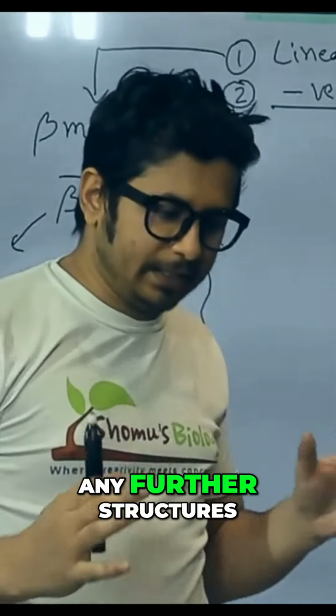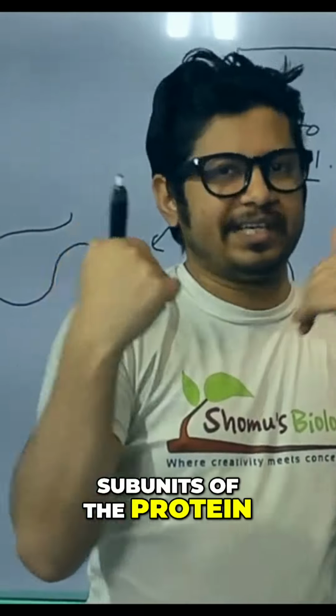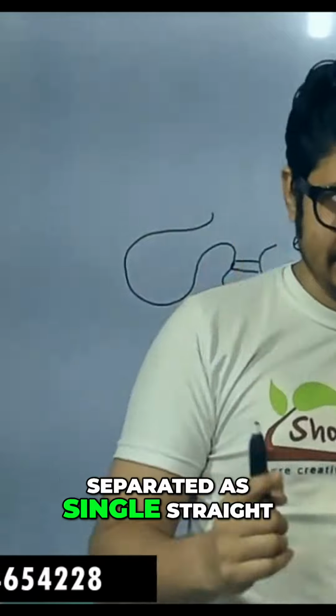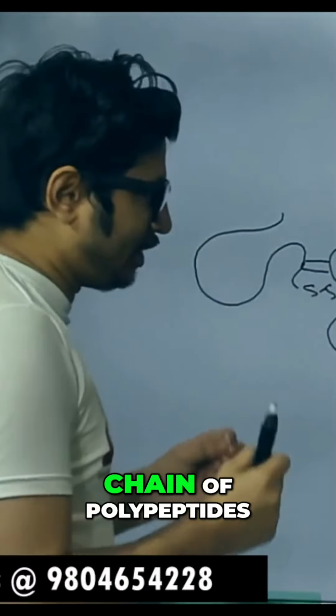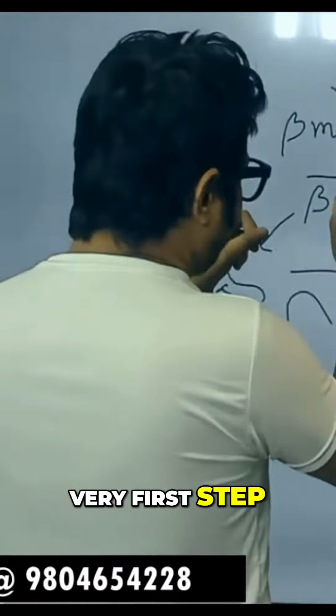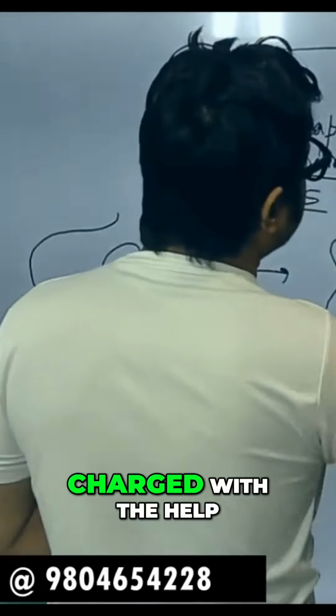So any further structures, further subunits of the protein connected by disulfide bridge will be completely separated as a single straight chain of polypeptides. And this is the very first step. We make them linear. The second step, we make them negative charge with the help of